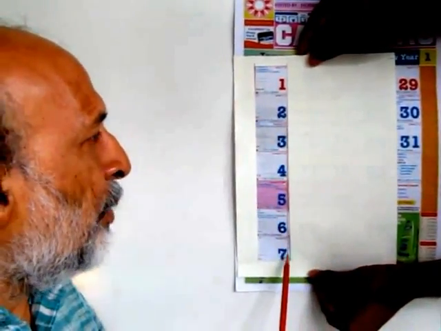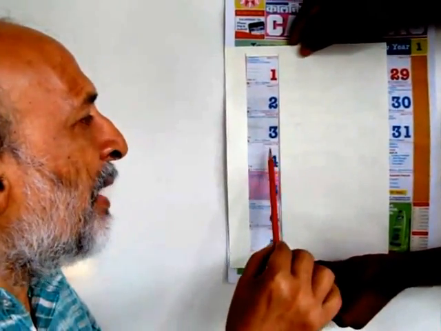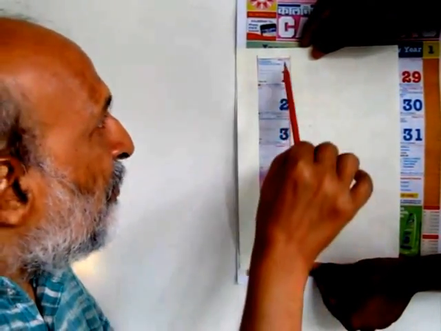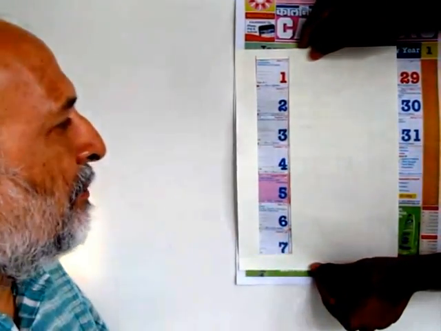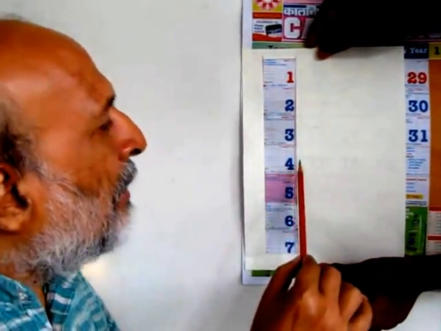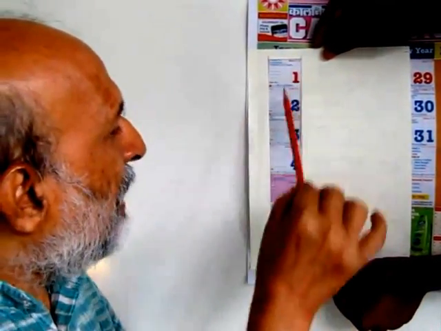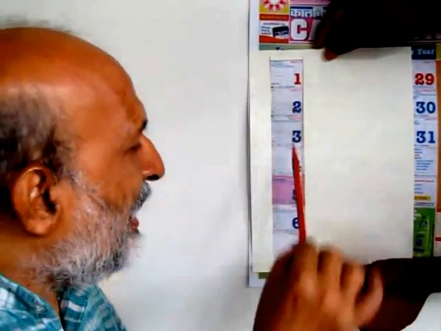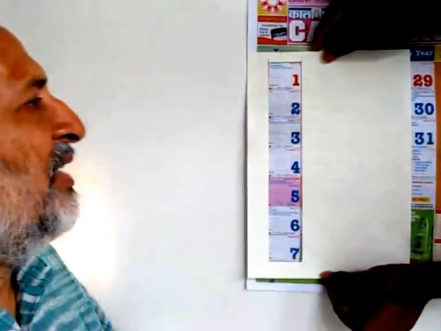Because there are 7 days in a week, there is always a middle number, which is the average of all these 7 numbers. If you were to find the sum of all these 7 numbers, you just look at the middle number, which is the average, and multiply it by 7. So 4 into 7 will be 28, the sum of all these 7 digits.